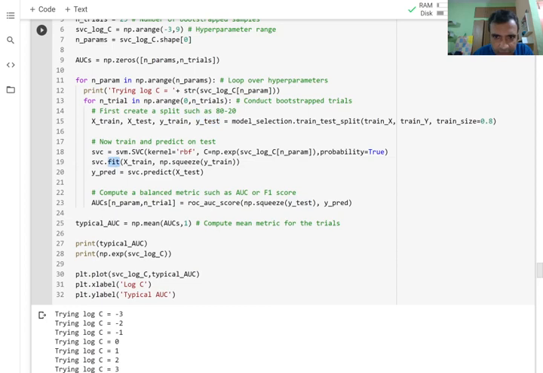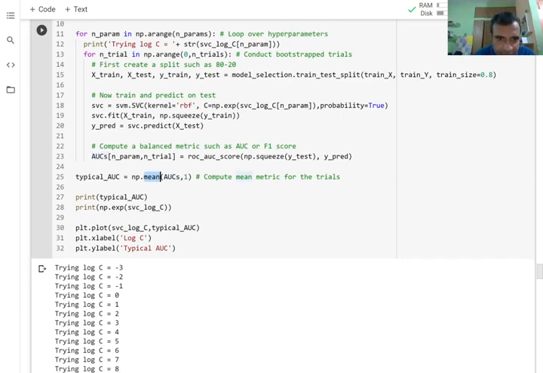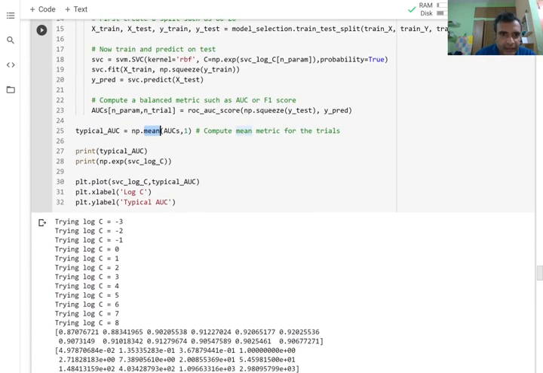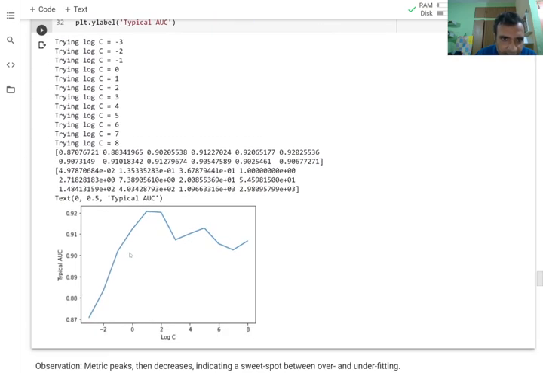This is the fitting of the model, where I have already specified what C value I want to give, the hyperparameter, and I want probability true because I want to compute AUC. Then I predict on the validation dataset, compute the AUC, and ultimately take the mean AUC of the 25 trials.